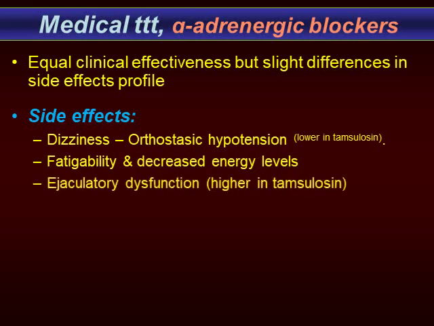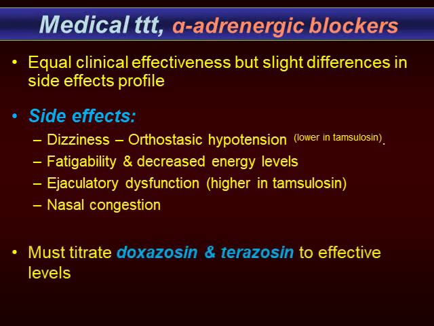On the other hand, selective or super selective, which act on the adrenergic receptors on the prostate and bladder neck only, do not cause hypotension, but they cause sexual problems in the form of retrograde ejaculation, or may cause nasal congestion. As we said in the previous slide, doxazosin and terazosin, which are non-selective,